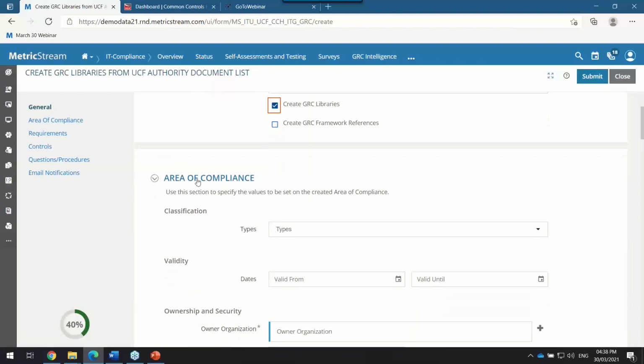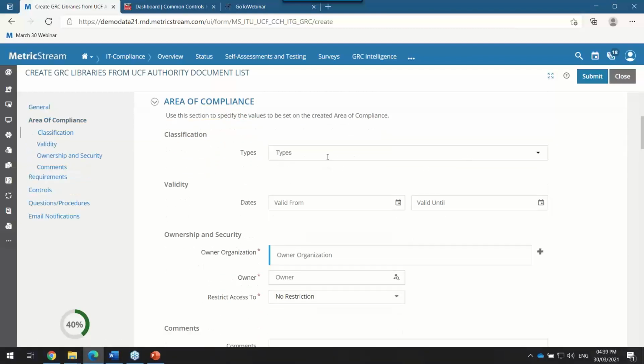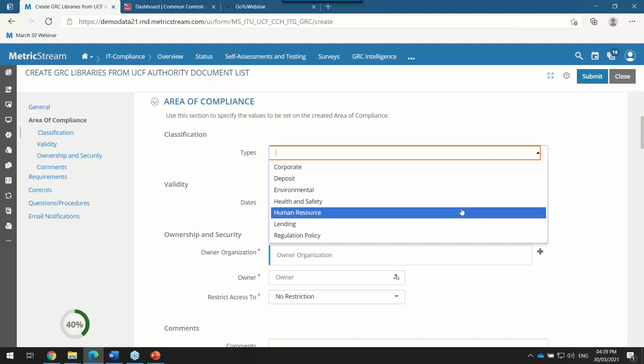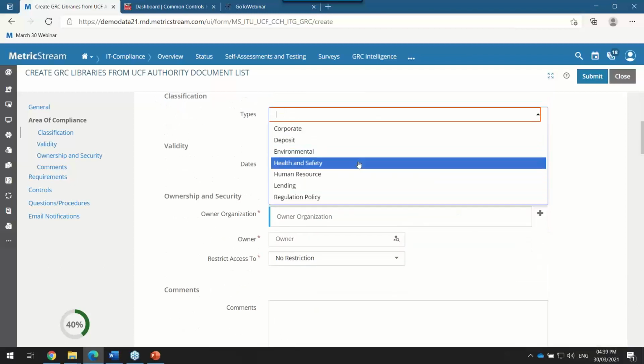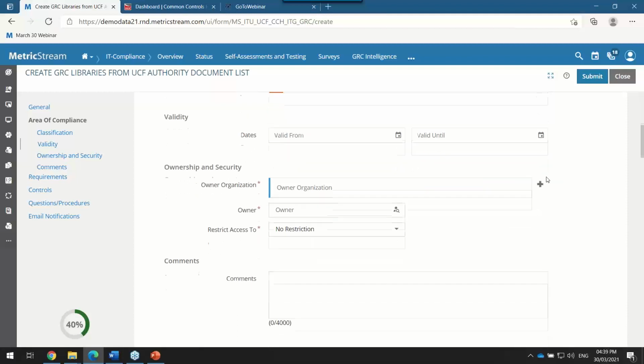You could choose how you want to create the areas of compliance. In this case, ISO 27013 is the area of compliance that we're trying to comply with. You also have various options on how you want to tag this content. You can tag it to additional attributes, to different types, or it could be an environment, or it could be health and safety, human resource, and so on and so forth.